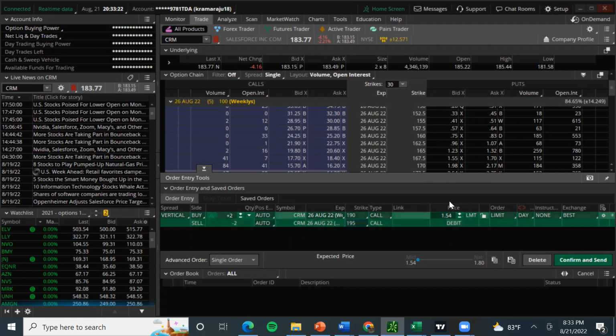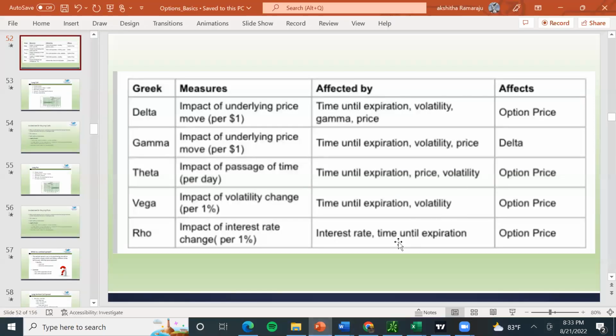Your investment got reduced from $800 to $300, which is nearly 60% of reduction in your investment. And your profit can be double. It can be on buying a call, and also on selling a call. Right? I hope it is clear for everyone. Now let us look at